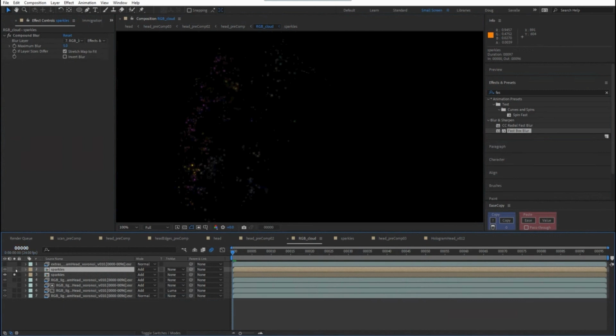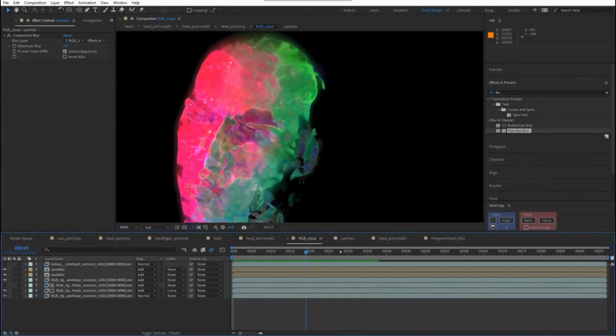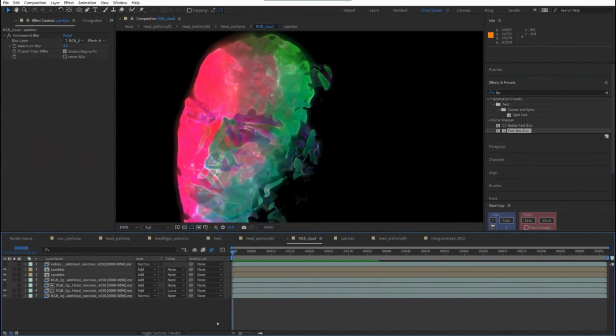And this second layer is just to boost that up a little bit. And then you end up with something like this. I would hope that this doesn't feel like your more traditional holograms, right? I feel like it's something kind of unique when we're looking at holograms. It's very colorful, it's very, very sparkly. It has a sense of depth to it.